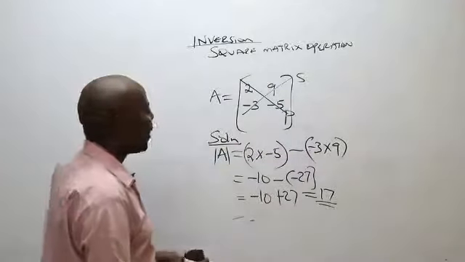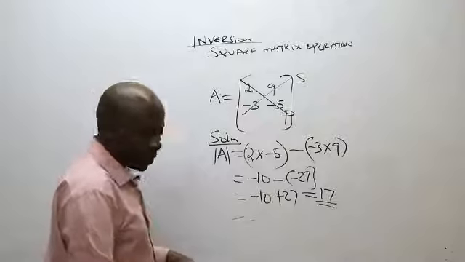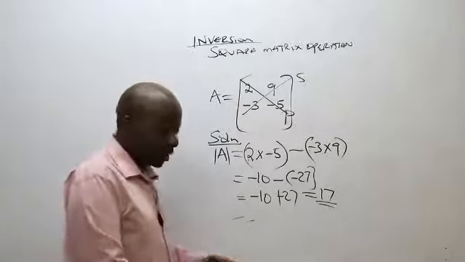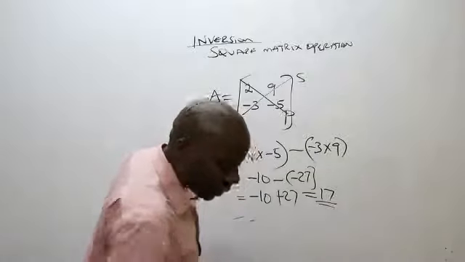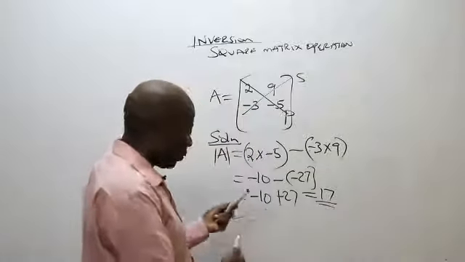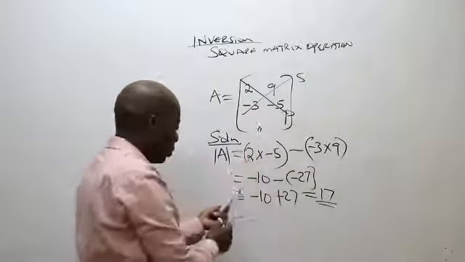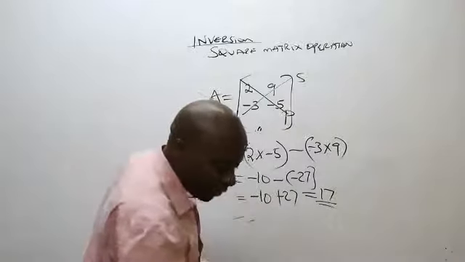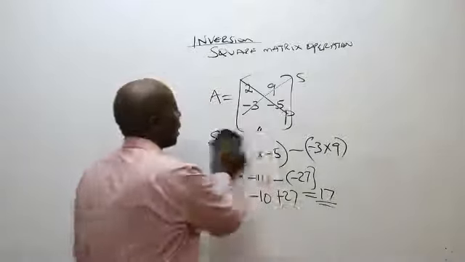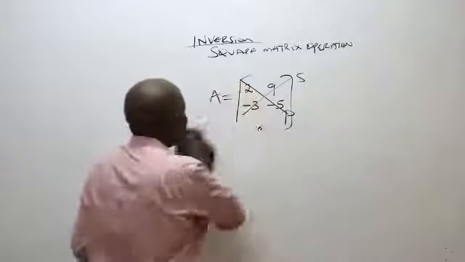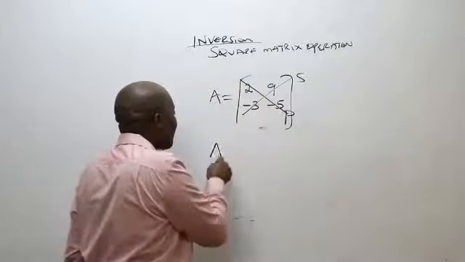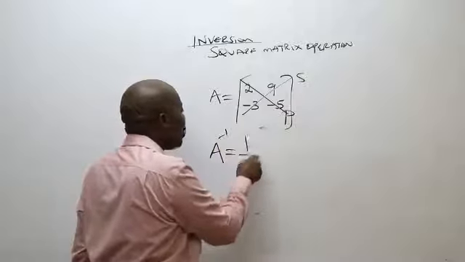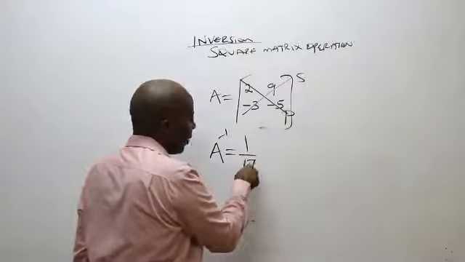So once I have this as my determinant, my great friends, the next thing that I will do is to define the inverse. So how will we be able to get the inverse, ladies and gentlemen? A inverse will be equal to 1 over the determinant that we have found there as 17